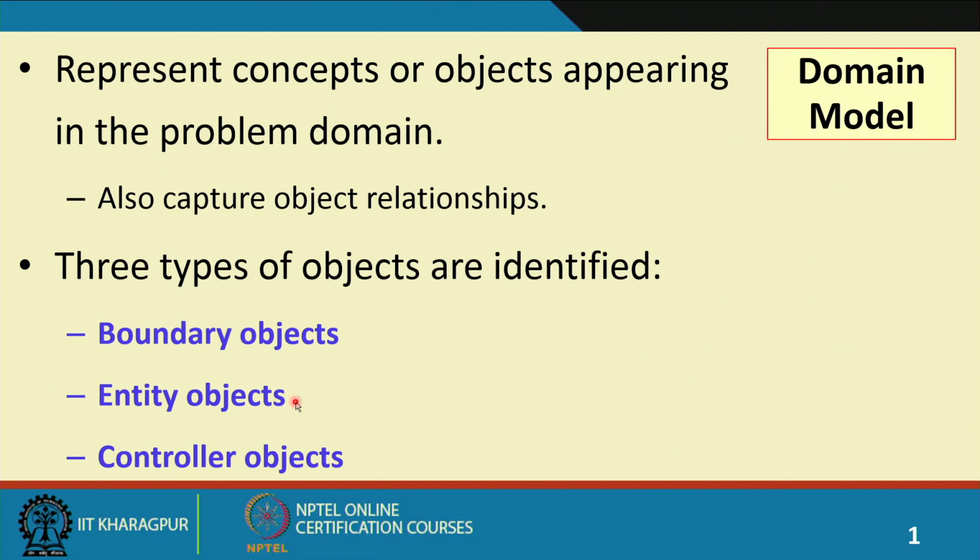With experience, if you solve a dozen problems, you can effortlessly identify the entity objects from the problem description. But initially, we need to do the noun analysis to get a hang of the things that we are looking for in the problem description. The boundary objects and the controller objects are easily identifiable from the use case diagram. The boundary objects are the interface between the actors and the use cases, and the controller objects have the business logic for a use case.